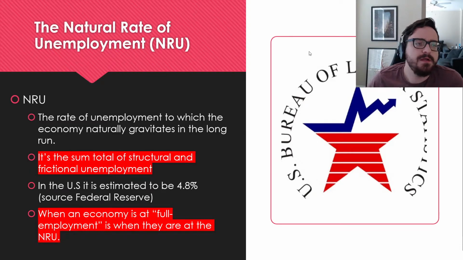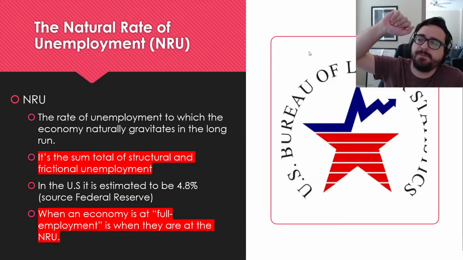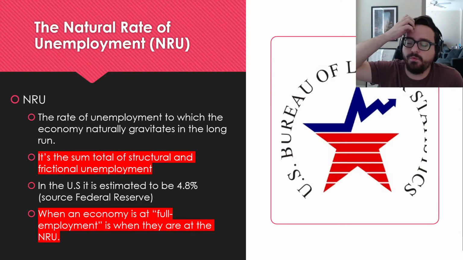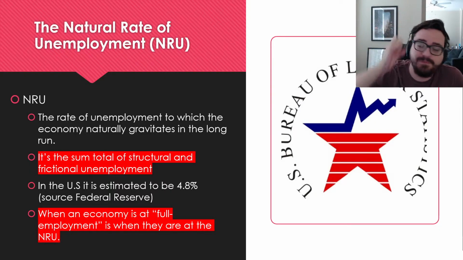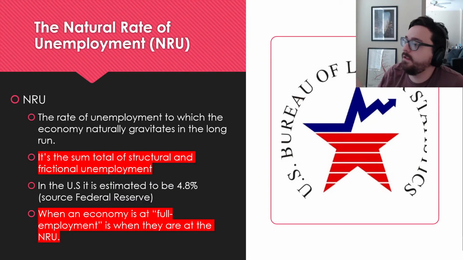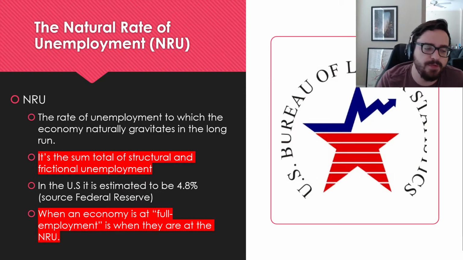There we go. So there's all those different types of unemployment. There's unemployment, labor force, who is in there, who is not. So what should our unemployment rate be? This is a very common question, because you might just hear, okay, unemployment's 13%. Great. What's the goal, though? Like, what's the ideal amount? What should our unemployment be? And that's where we have something called the natural rate of unemployment come in.